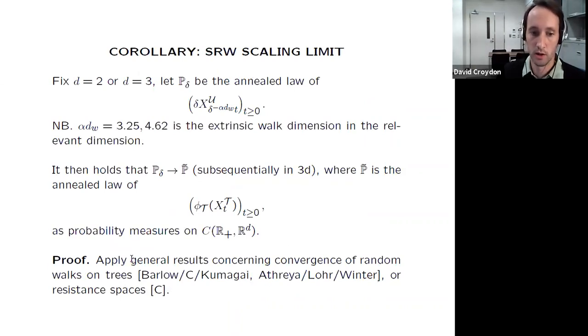According to general results, and you can see I missed quite a lot of slides there, so if you want a very brief version, you can look at the missing slides, if we understand the scaling of the metric and the measure on trees, then we can also understand the scaling of the random walks. With the natural parameterization that comes out of the other parts of the story, the random walk converges to a limiting process that's a natural diffusion on the limiting tree embedded into Euclidean space. That's the limiting object that arises.